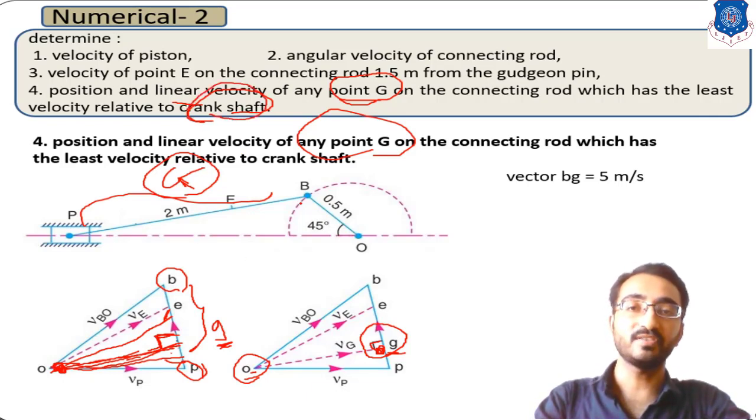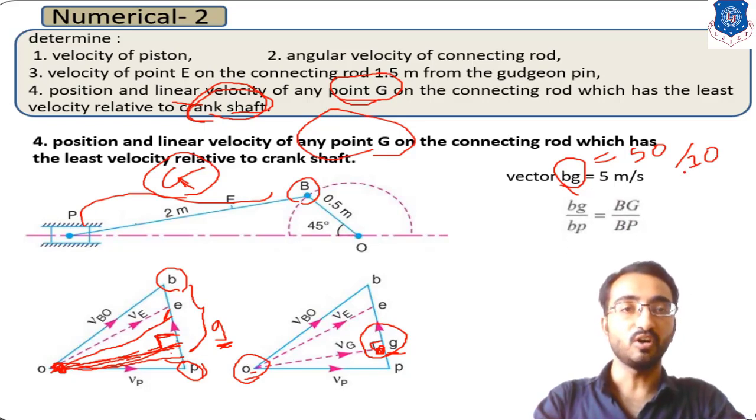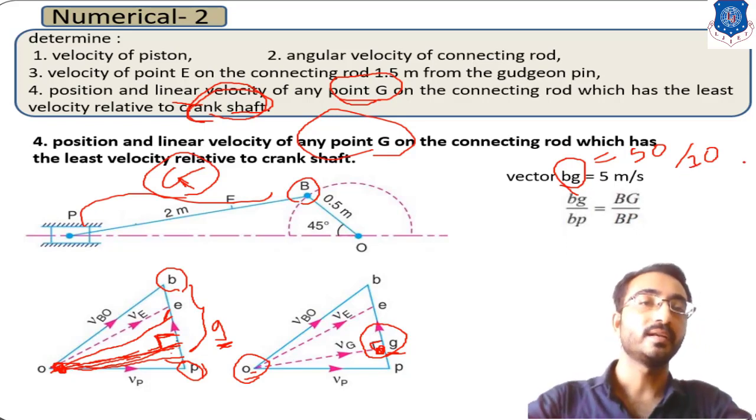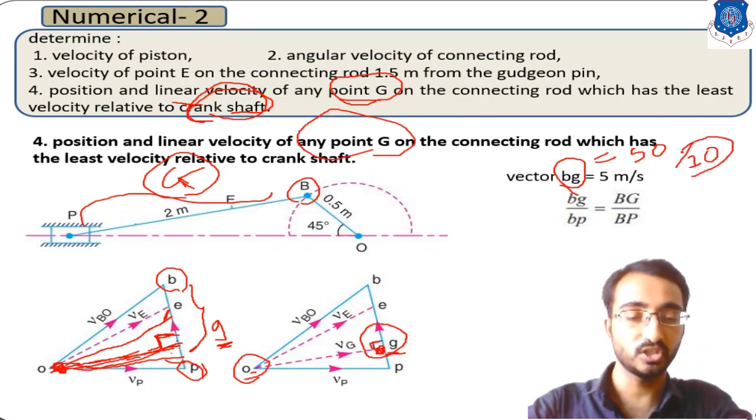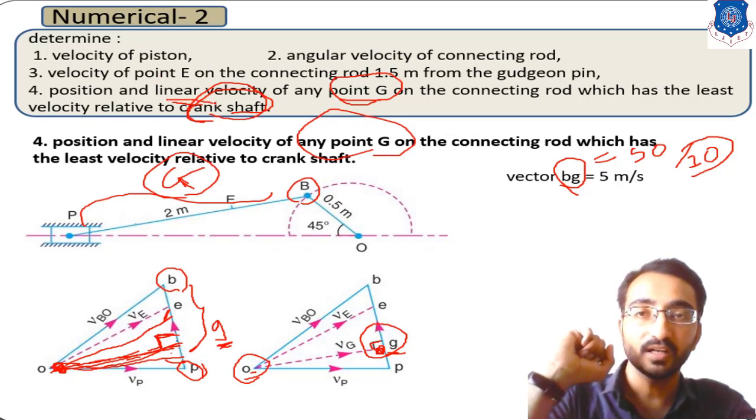Okay, so the crankshaft is your crank B. So over here you have to calculate the velocity of BG, and if you measure the velocity of BG, this length of the line will be 50 and your scale is 10. So 50 by 10 will give you the final velocity of BG, that is equal to 5. Now you have to plot this position again. If you want to calculate the linear velocity, then you can directly calculate it with this.